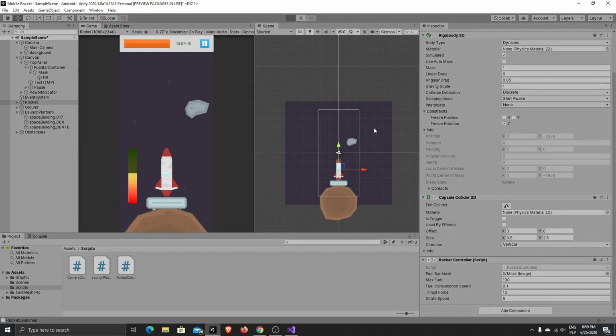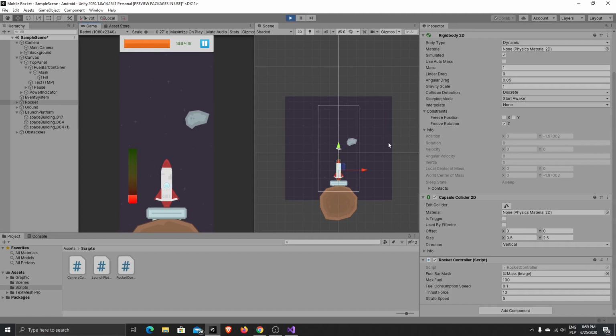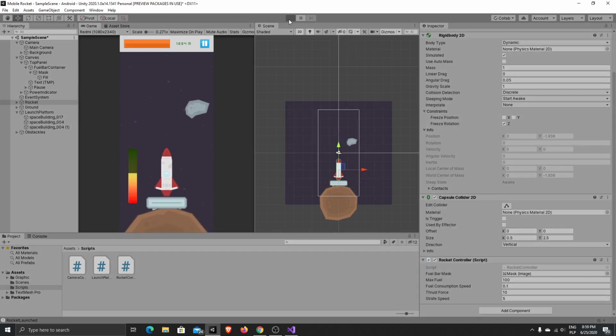Hello, in today's video I will show you how to make a rocket controller for our game. How it will work: when we press on the screen, our rocket is ejected. That's what we created in a previous episode, but in today's episode, when we eject our rocket, now if I